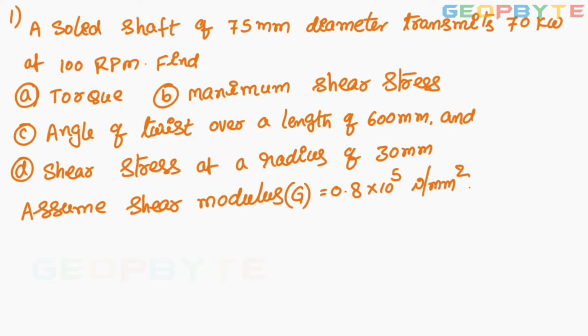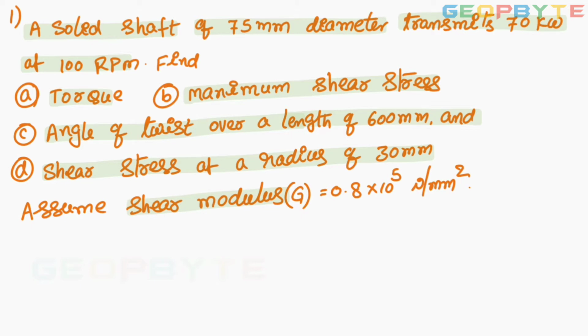The very first problem I selected is like this: a solid shaft of 75 mm diameter transmits 70 kilowatts power at 100 rpm. Find torque, maximum shear stress, angle of twist over a length of 600 mm, and the shear stress at a radius of 30 mm. Given that shear modulus G,